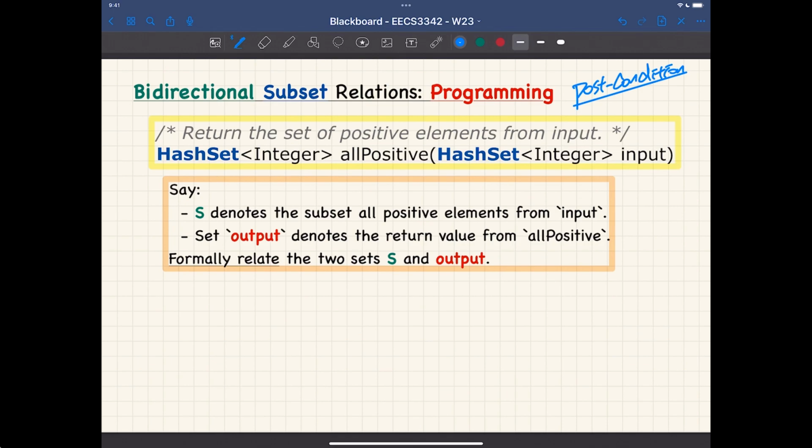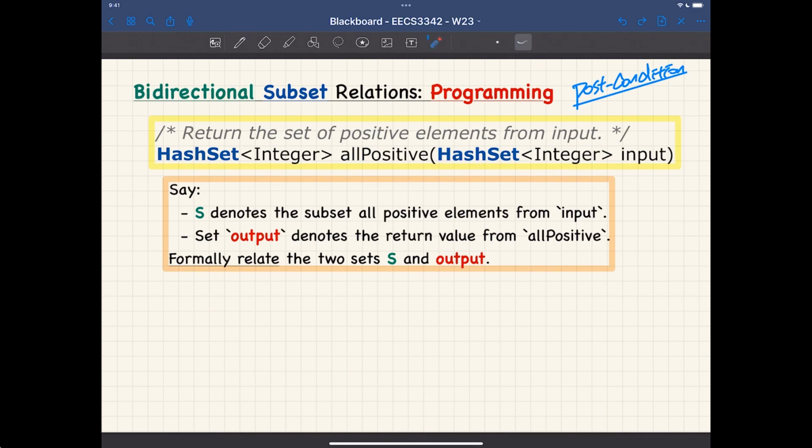But what we are talking about here is post-condition. Post-condition says the following. If the precondition for your routine or method is satisfied, you execute the implementation or body of the method, what should be satisfied? Okay? And now we want to be a little bit more formal about this. But how do we do that? Okay? So let's say this. I'll give you a little bit of hints.